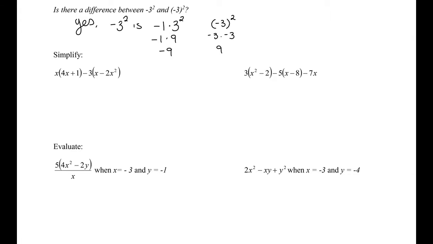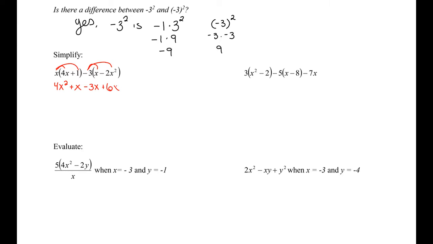To start the simplify problem, I'm going to distribute the x to the first 2 terms in the first set of parentheses. That will give me 4x squared plus x. Then I need to distribute a negative 3. Make sure you're distributing the negative as well, which will give me negative 3x plus